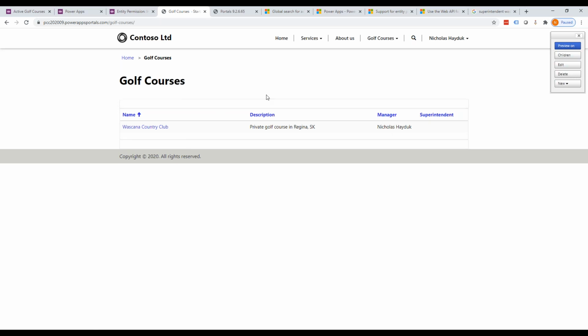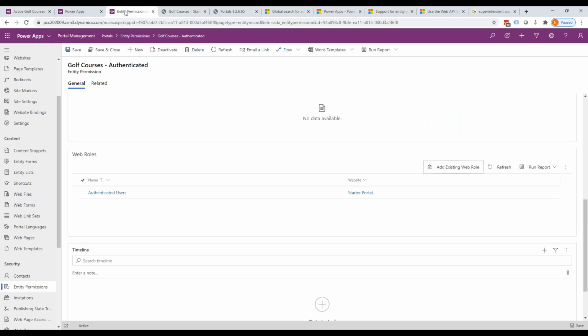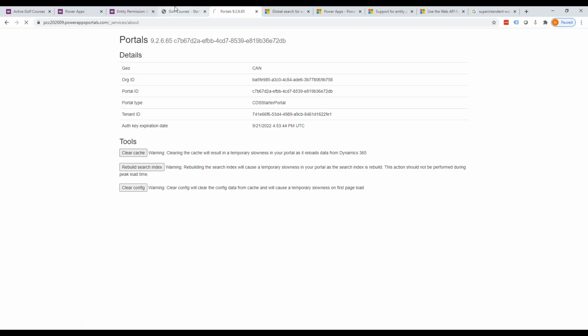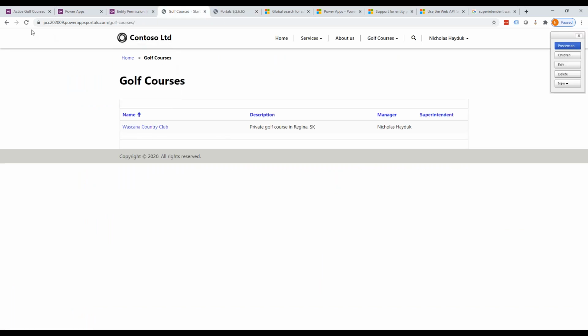Now, what's probably more realistic is for me to say, I actually only want to give myself write permissions if I'm the manager. So I'm going to give myself a few more permissions. I'm going to give the write, which is the edit permission. So if I click save on that, go back over here, refresh this thing, what we're going to see is